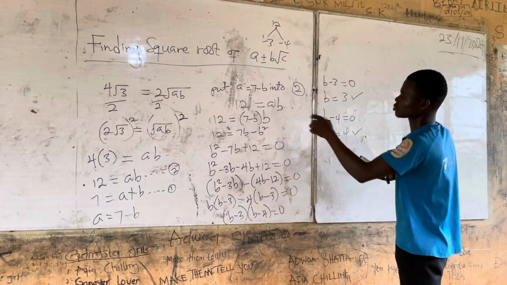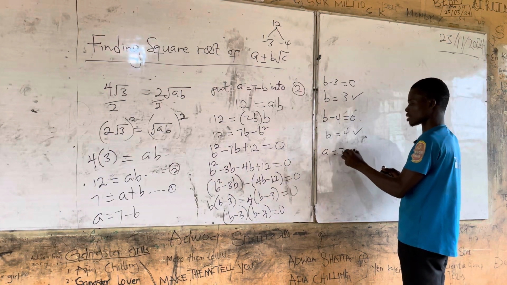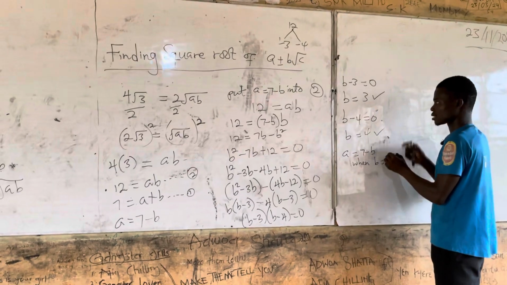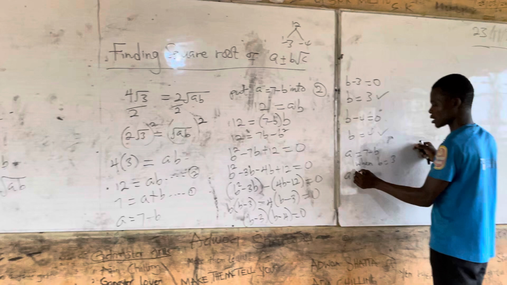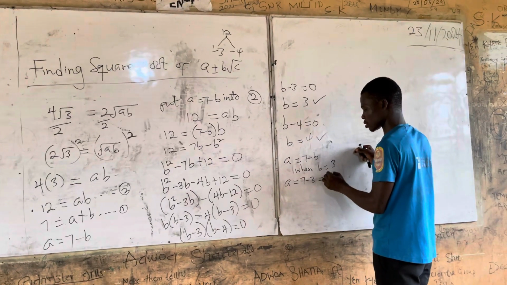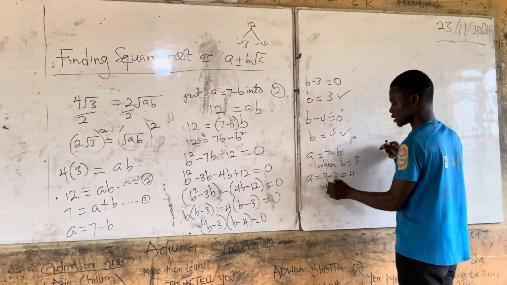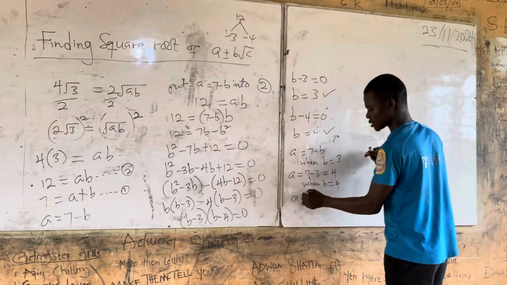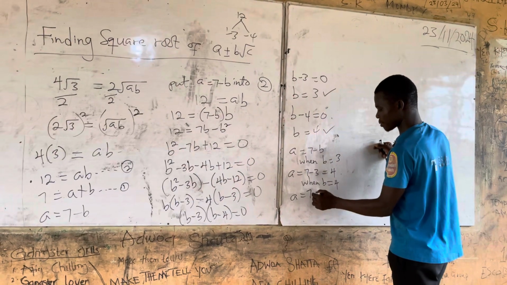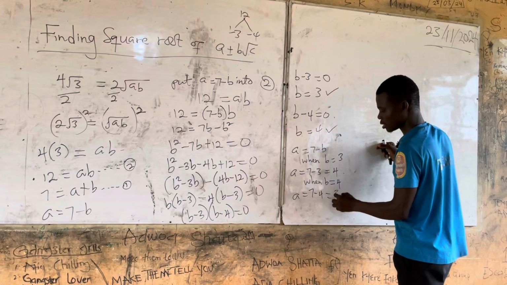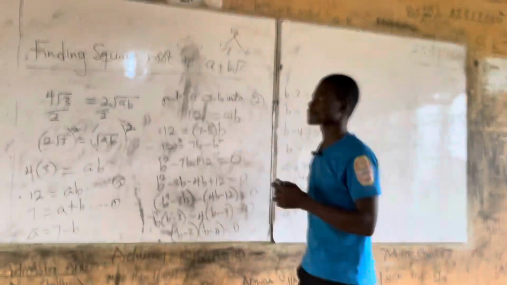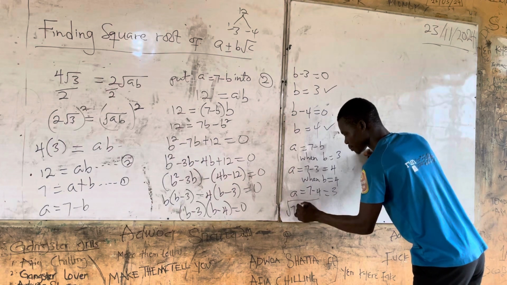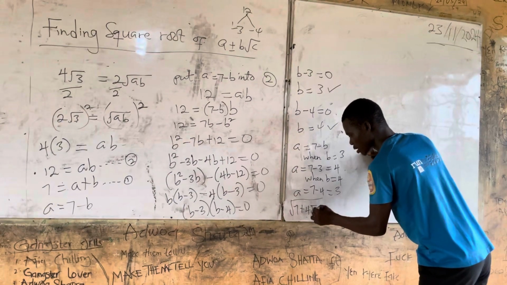And we know that a is equal to 7 minus b. So when b is 3, a is equal to 7 minus 3, which is 4. When b is 4, a is equal to 7 minus 4, which is equal to 3. So therefore, we know that the question is root of 7 plus 4 root of 3, which is equal to root of a